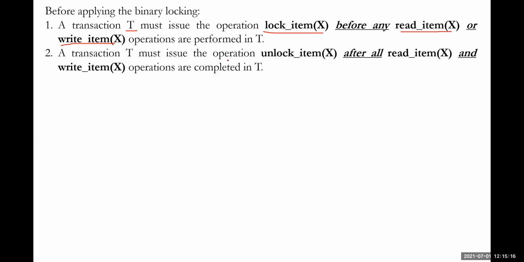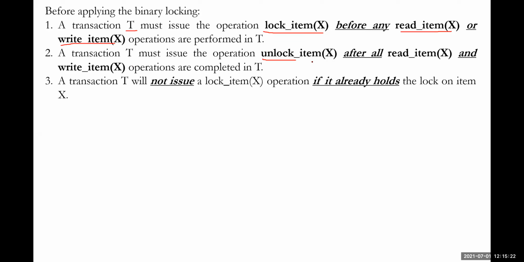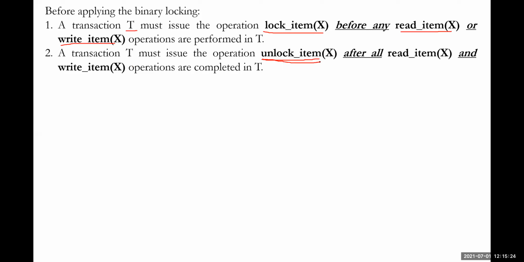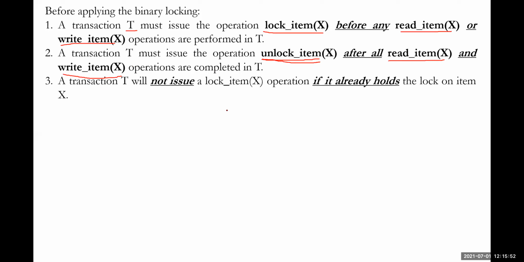Point number 2, a transaction must give its unlock X. When could it be given? In the sense, when all read items and all write items have been completed. So reading has been done, writing has been done, everything has been done. So no need to keep that particular lock with you. Then you have to apply unlock. Otherwise, don't operate unlock before any read or write operations. You must remember this. Then third point, a transaction must not issue lock item